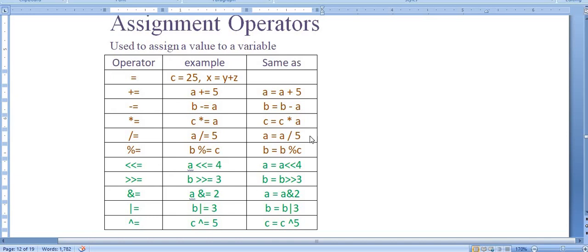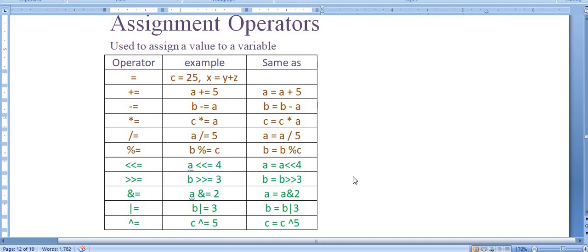The same thing. For all of these operations, there are shortcuts. The assignment operator says, when you say a is equal to a plus 5, you can write it this way, a plus equal to 5 means a is equal to a plus 5. The same format is given here. So these operations are given in shortcut form like this.